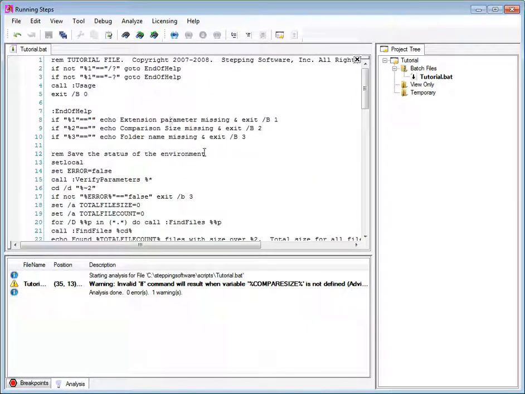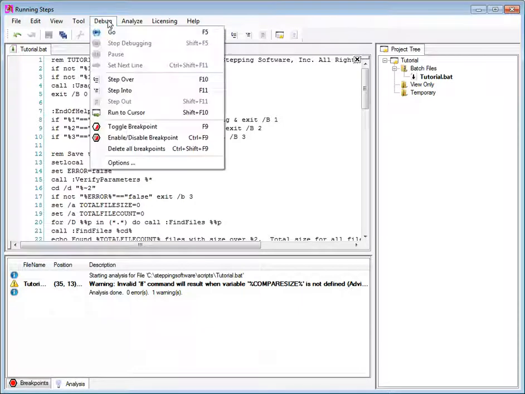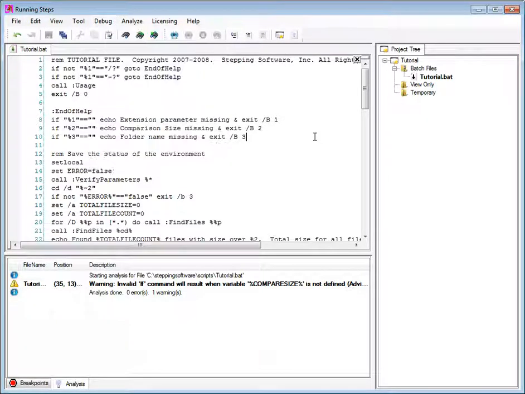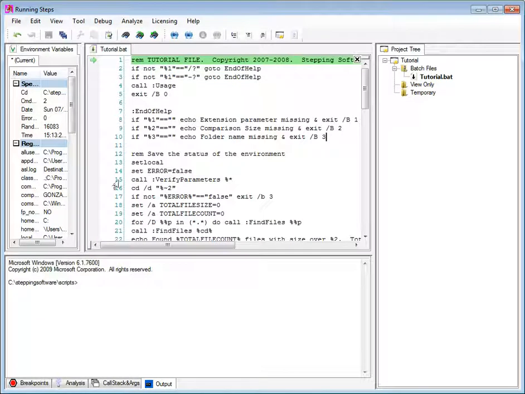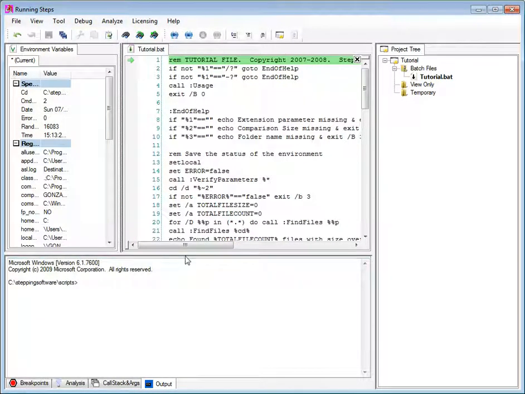I'm ready to execute. In order to execute, I can use the buttons in the toolbar: step over, step into, go. I can also do the same from the menu or using the shortcut keys assigned to these commands. I prefer to use the keyboard, so I'll type F10. As soon as I start executing, I can see more windows showed up in my environment. At the bottom of the screen, I have the output window, which